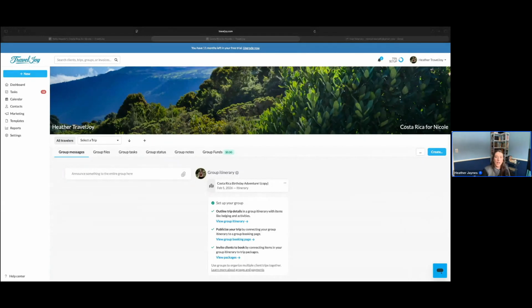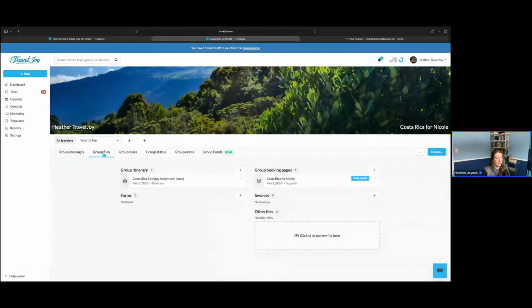Okay, here's one. What happens if you have one person who wants a double, but you don't have a person to match them? So there's a little bit of finesse that you can do, and it does depend how you want to set up your packages. What I would recommend for that is to make sure that you have packages set up with single and double occupancy pricing, to make sure that you do have somebody register and giving them the double occupancy pricing. And then you can set them up with a roommate after they register.